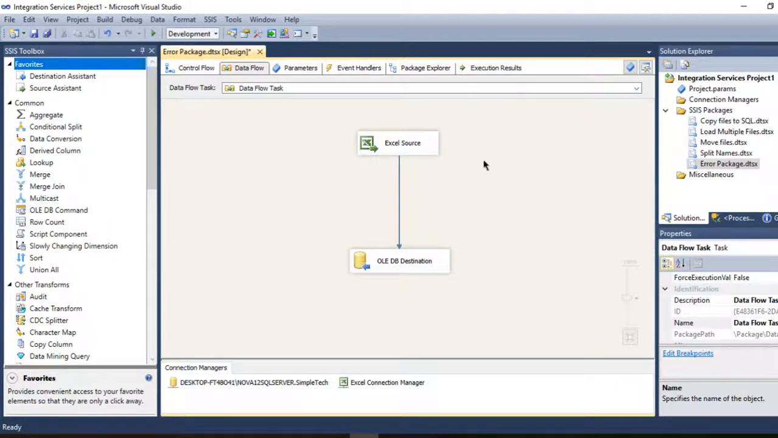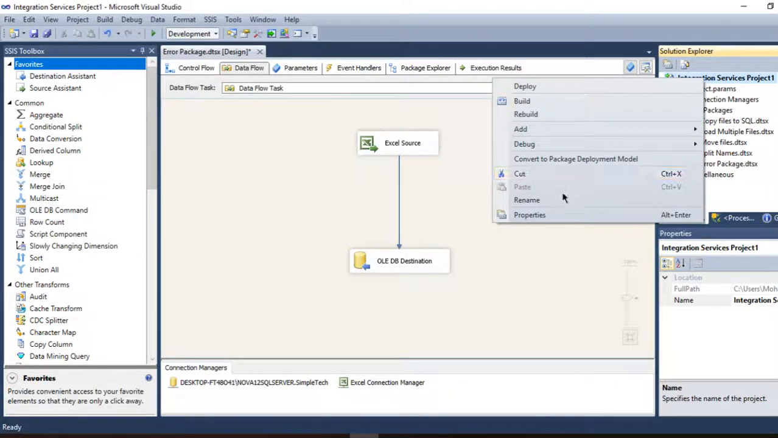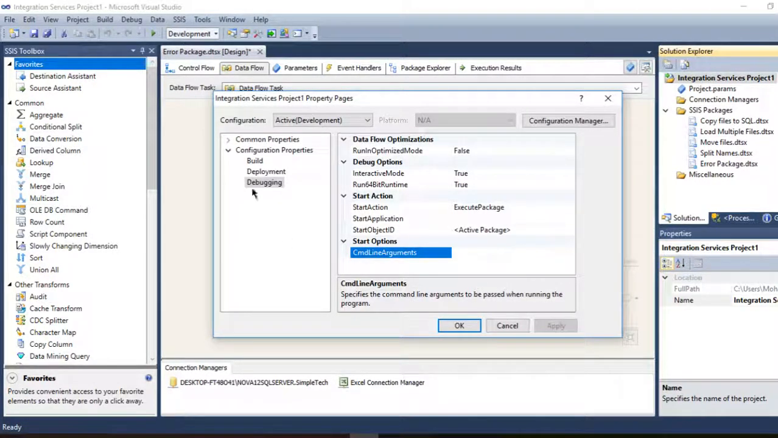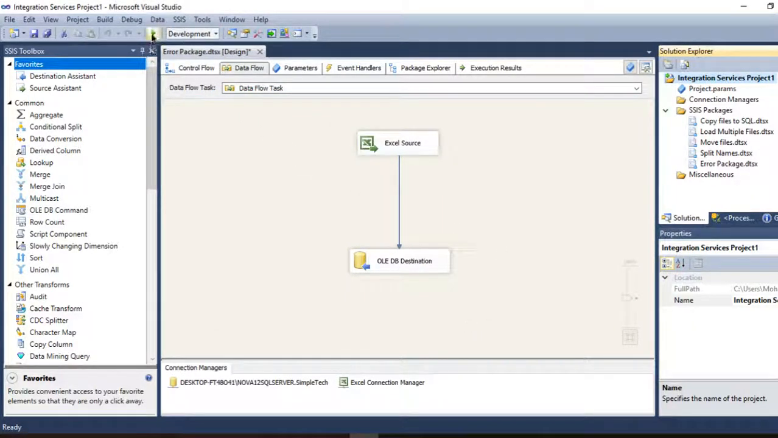But what you can do is go to the main project right here, right click and go to properties, go to the configuration properties, go to debugging. Here, you are enabling to run the Visual Studio in 64-bit runtime. What you need to do is turn it to false. So it will be turned into 32-bit. Press OK. Now, let's run the package,